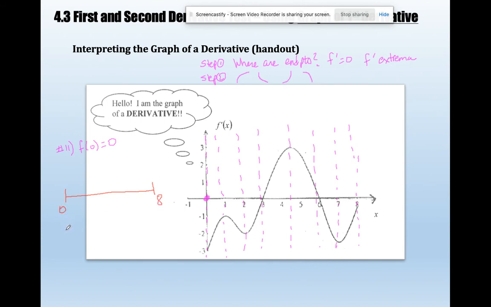And at the right endpoint, the first derivative is increasing, but negative. So what does that mean? F prime is negative,